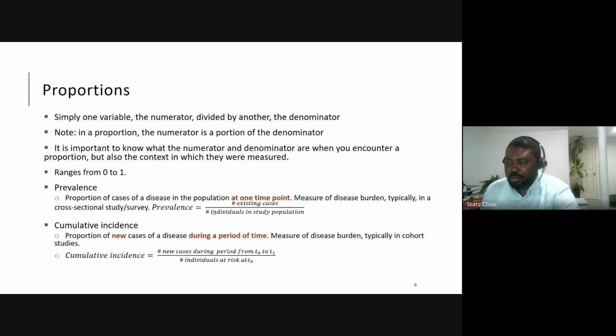The difference between a prevalence and an incidence is that incidence will only look at those who are new. I'll give you an example. Say in 2023, you want to see the incidence of HIV in a town, and there are 100 people in that town at the beginning of the year.